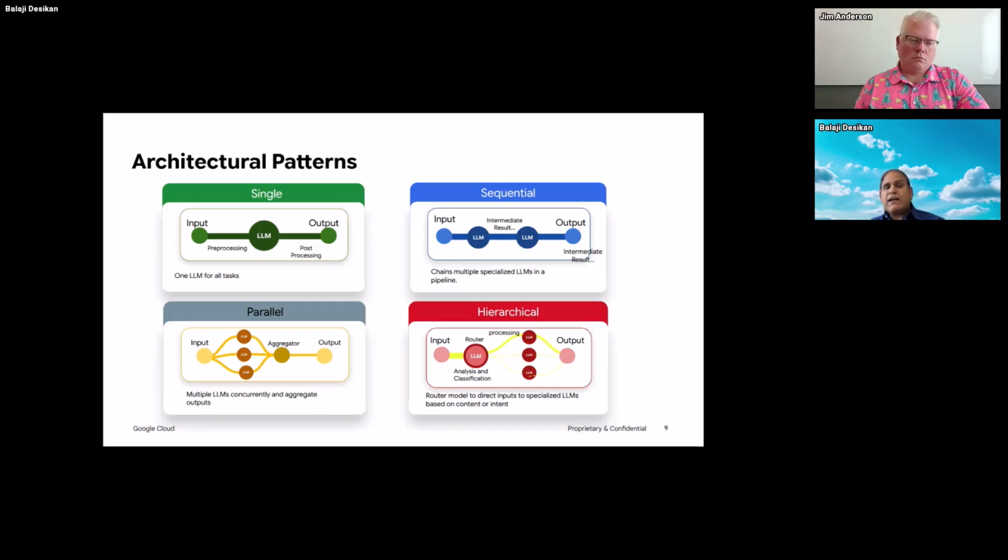And if you look at the hierarchical pattern, this is the more complex one. It is more complex to set up. It has a central router model that analyzes the input and directs it to the most appropriate specialized LLM for processing. In our case, we can have a router agent analyze the incoming email, determine the complexity, and we can say